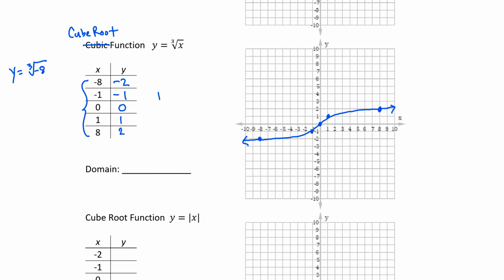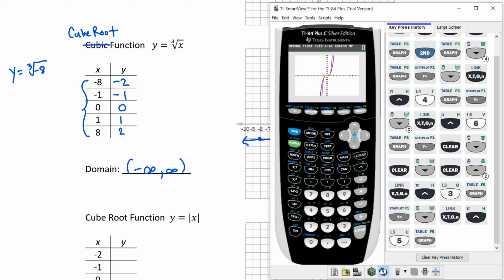If you'll notice, all the x and y values just switched positions. We're going to learn later that those are inverse functions. Now, observe there is no leftmost point, there is no rightmost point, so the domain of this function is -∞ to infinity. If you want to find the cube root on your calculator,